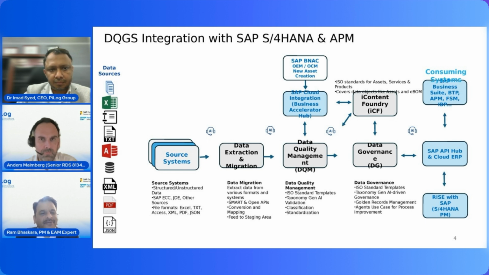What is the roadmap? Nobody comes with a magic wand to say, okay, I will transform it overnight. So there is a maturity roadmap which has been kept depending upon the criticality of assets. How do you take it? What do you take? And this data is even injected into various performance elements of your operational maintenance activities, which we call in SAP jargon SAP PM or EAM, which can reside in ECC as well as S/4.